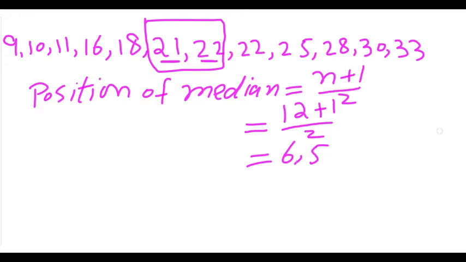So if it was 6, then it's gonna be 21, but now 6,5. So that's why we have to add two values, 21 plus 22. Whenever you find a comma, it means it's gonna be two values. 1 2 3 4 5 6. Sixth value is 21, but the comma 5 is gonna fall over to the next value, which is 22 now. So 21 plus 22, if you see two values in the middle, then you must add and divide by 2. So the median gonna be this time now